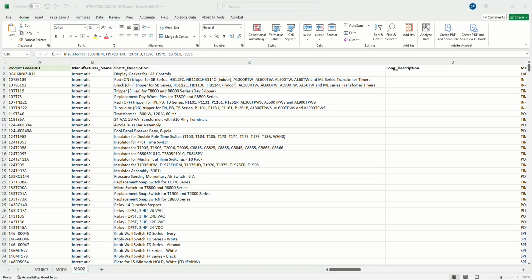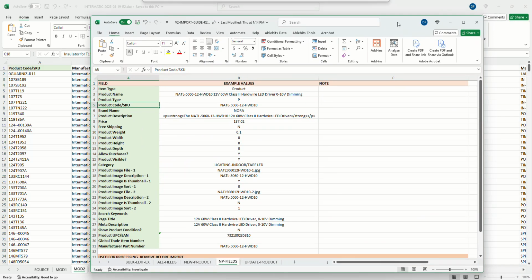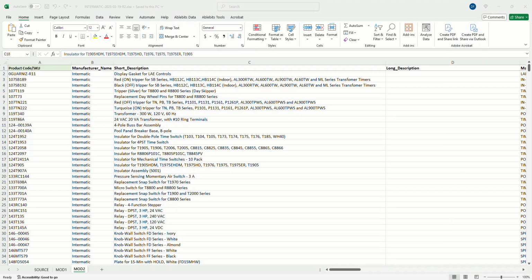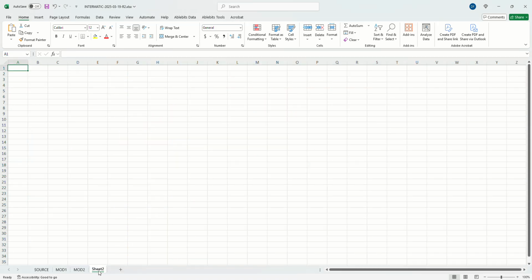From this point onward and all the further steps, we'll be referring more and more to the information in the V2 import guide. In this case, the step NP fields for the new product fields. So it's easier rather than having to keep two spreadsheets up, which will screw up the conversion programs if you have two spreadsheets open at the same time. Let's just go ahead and create a new tab, rename that iGuide,